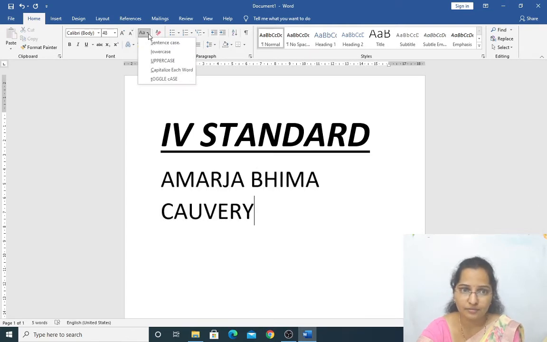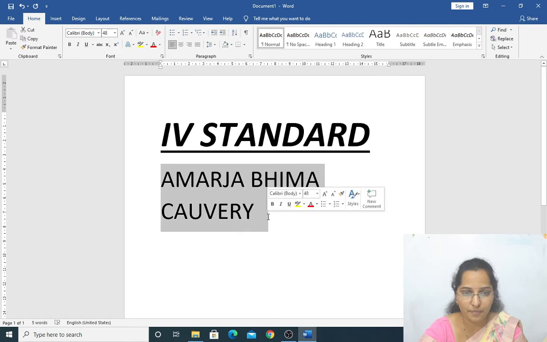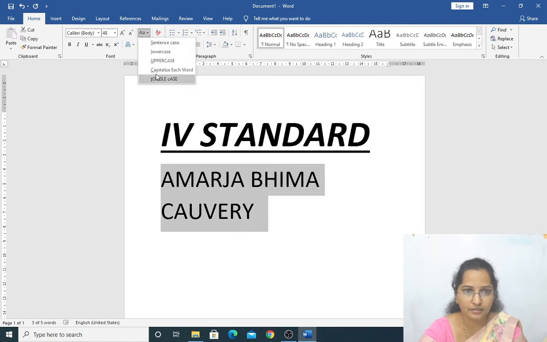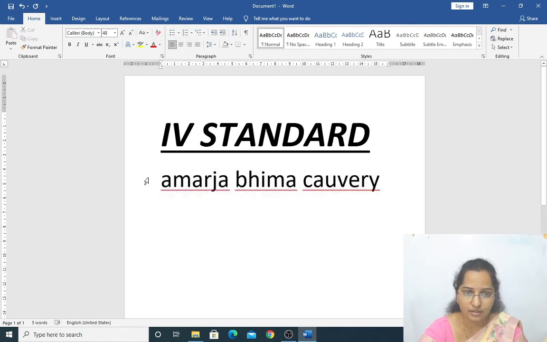Click here. What is sentence case? In sentence case, the first character of the first word will be capitalized. Means I have written everything in capital letters, right? Now all letters are in small letters.